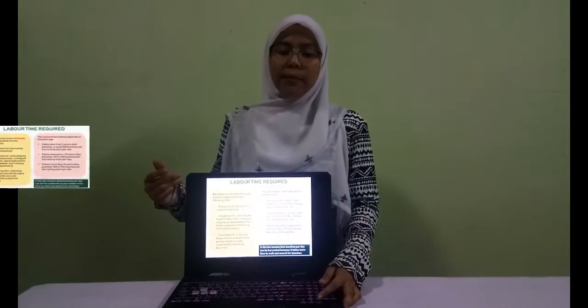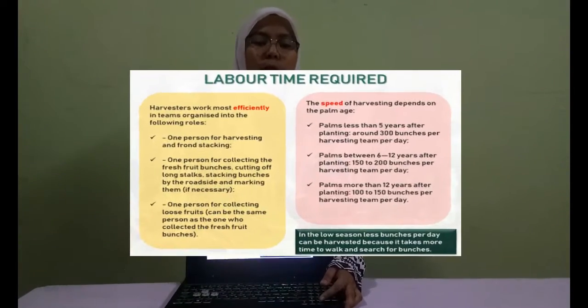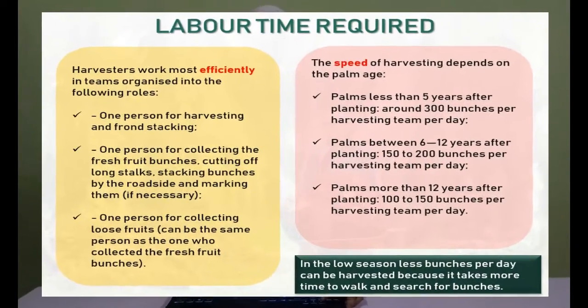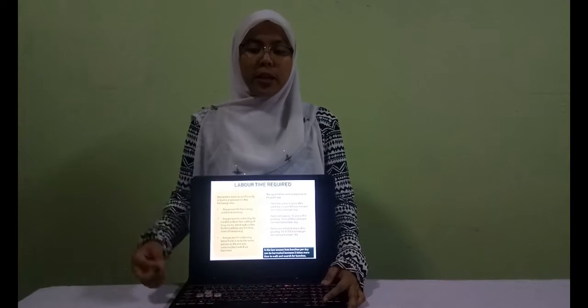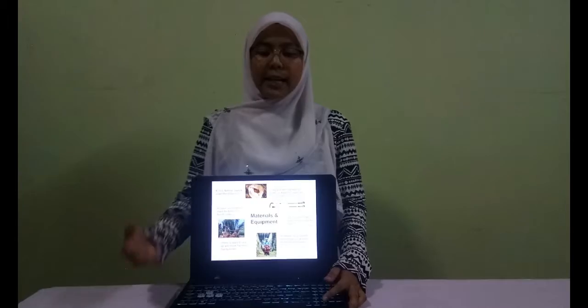So for the labor time required, the harvesters work most efficiently when organized in the following way. First, one person for harvesting the frond and cutting, one person for collecting fresh fruit, and also one person for collecting loose fruit. And the speed of harvesting depends on the palm age. Okay, next is the